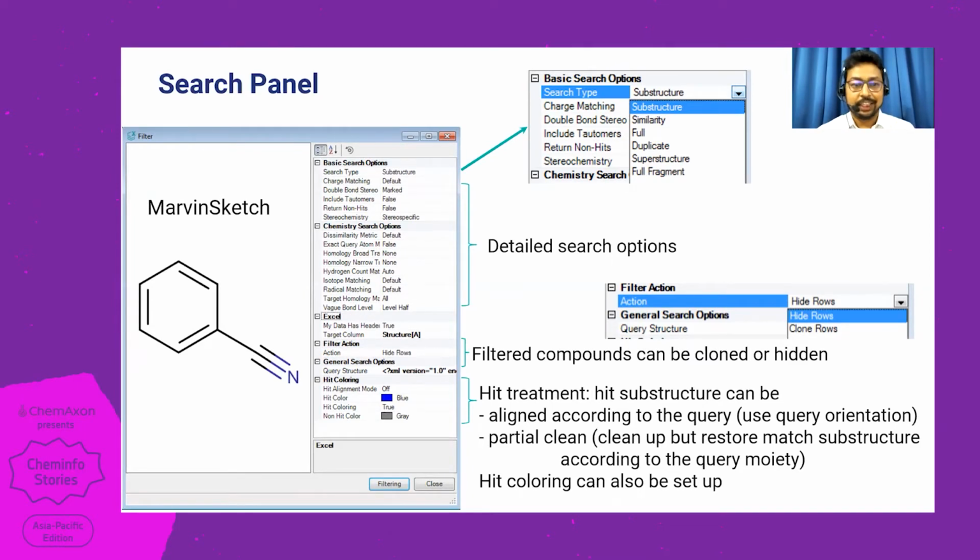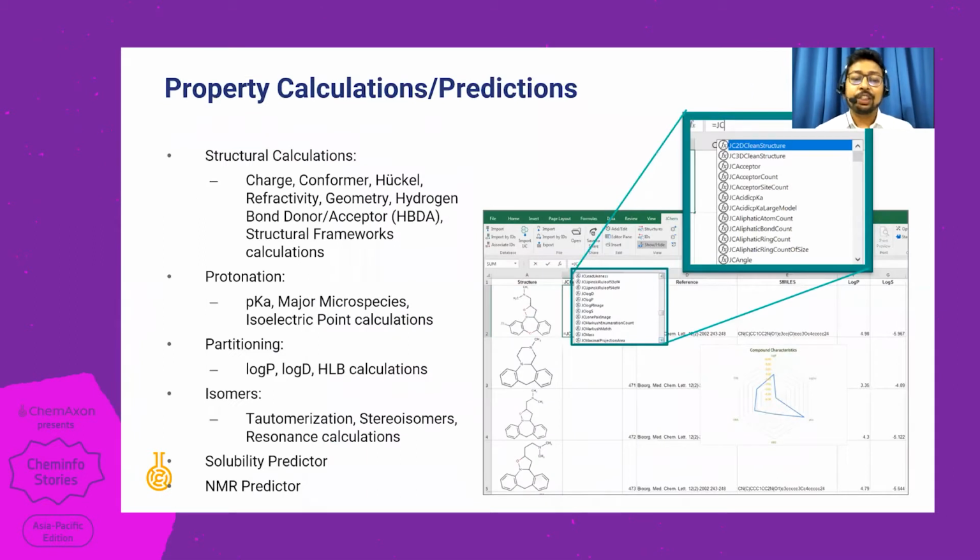Now, once we have imported the molecules and have shortlisted them, obviously we would want to calculate some properties. So JChem for Office comes embedded with property calculations, which are provided by the Calculators and Predictors module. If you see here in the screenshot, the JChem for Office functions provide all these functionalities. So all these property predictions like the pKa, logP, logD are available as JChem for Office functions.